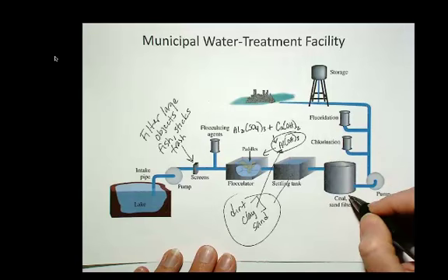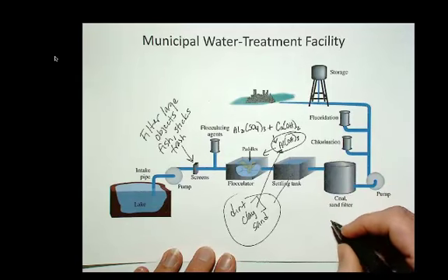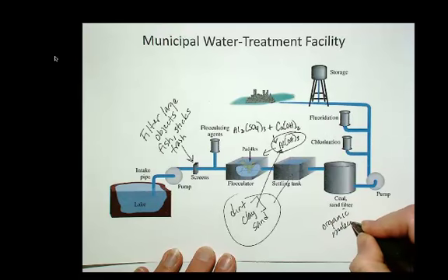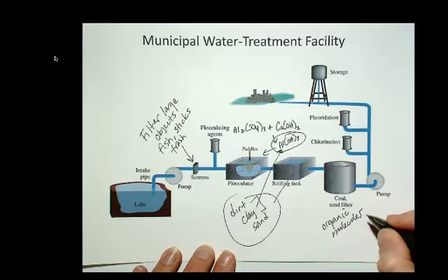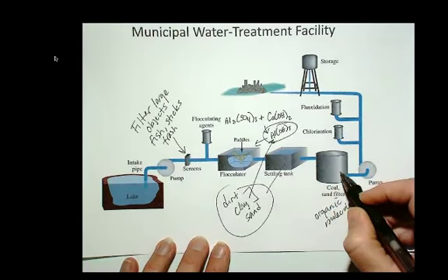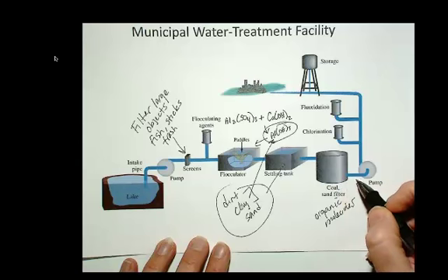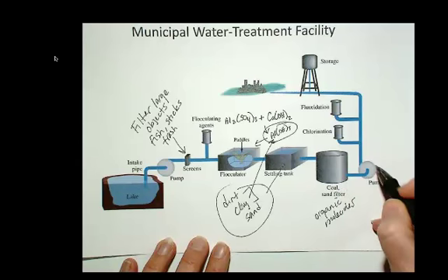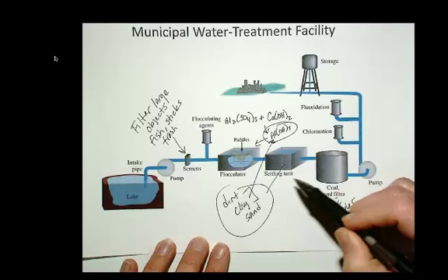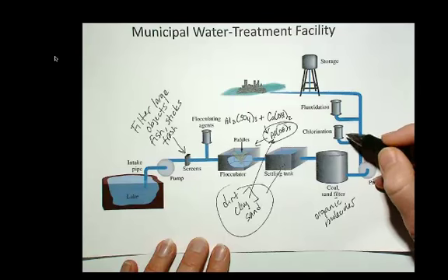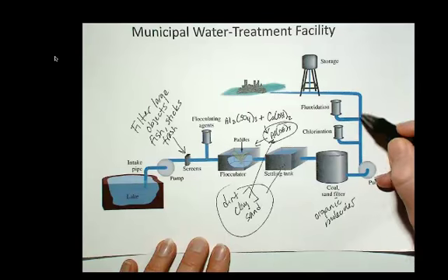filter. And in this filter, the organic molecules will adsorb to the coal and the sand and then be separated in that way from the water. So the water is pretty clean by the time it gets past the settling tank and the filter. And the last two steps are the water itself is chlorinated and then fluoridated, and then it's just pumped into